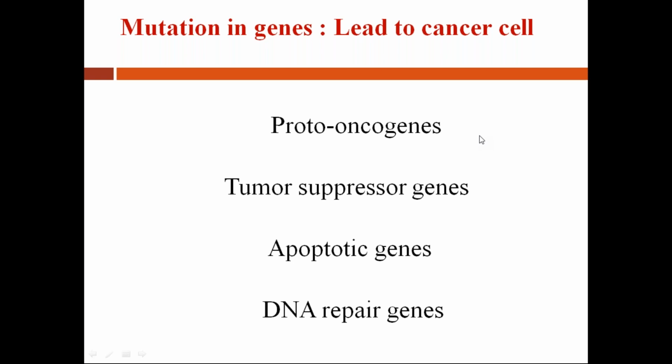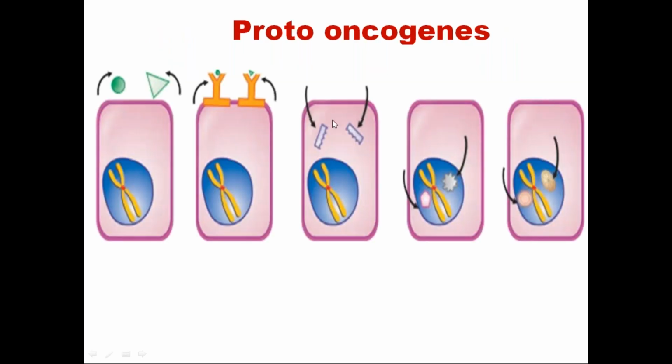Today I'll be telling you about a few examples of the proteins which come under these subheadings. So first we'll go to the proto-oncogene. Can you just tell what the proto-oncogenes are, seeing this picture? There are 5 different types of proto-oncogenes, or the proto-oncoproteins. What are the 5 different types? Anyone? Just unmute and tell.